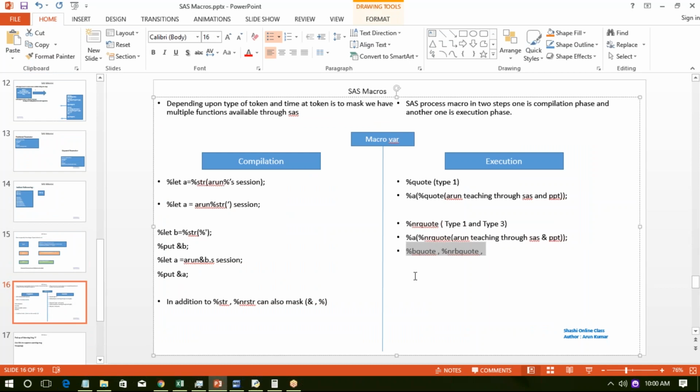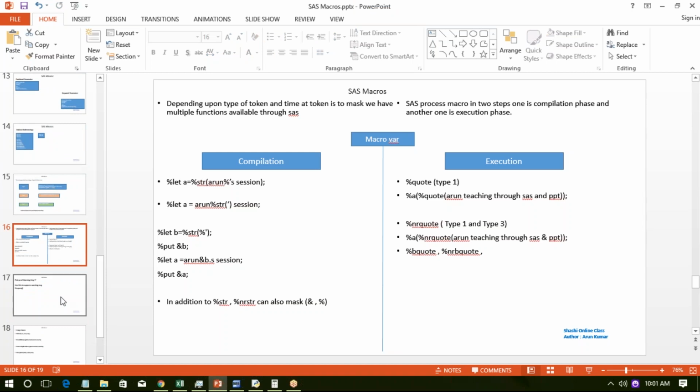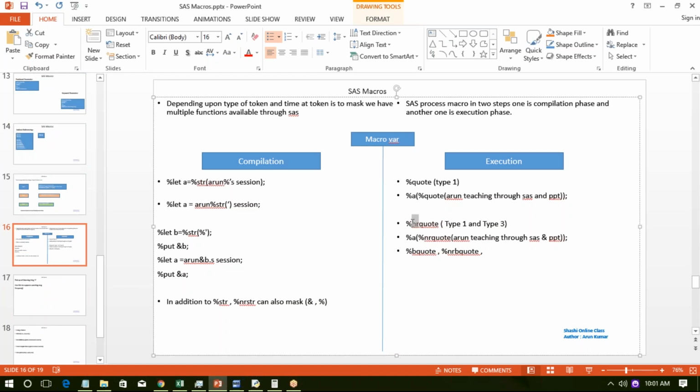So I have discussed all of these functions, and even their alternate way to do the same during the compilation and during the execution. So a simple way to remember is this: whenever you encounter NR, then definitely you are going to